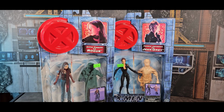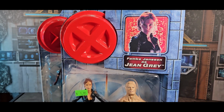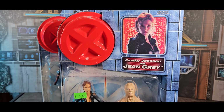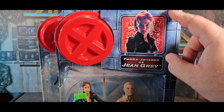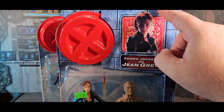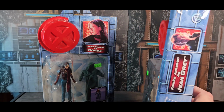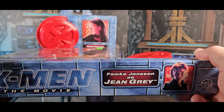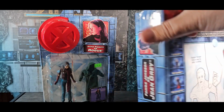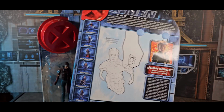And of course, Jean Grey. The cool thing is they have the names of the actors as well as the character they played, which is a really nice touch. If you were collecting the figures back in the day, you could cut this out like a card and keep that. That is a really nice touch. Also, sideways, it does say Famke Janssen as Jean Grey. That's super cool. And as promised, on the back...